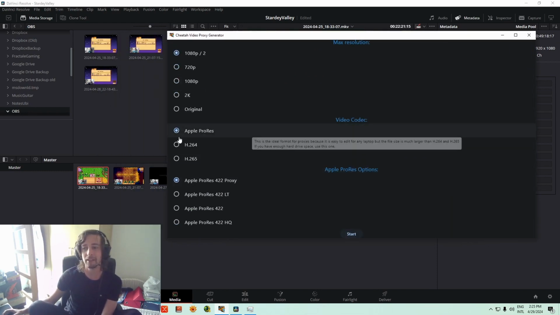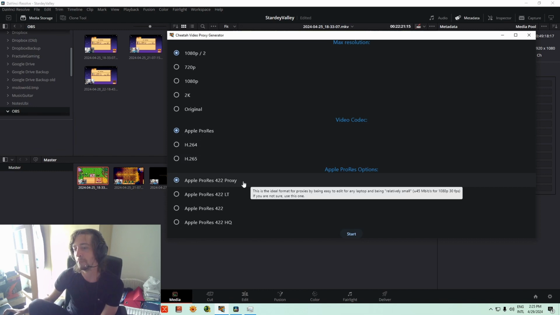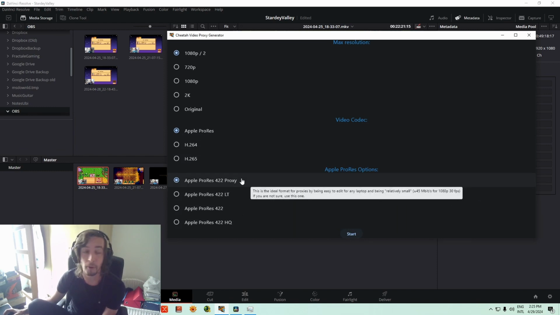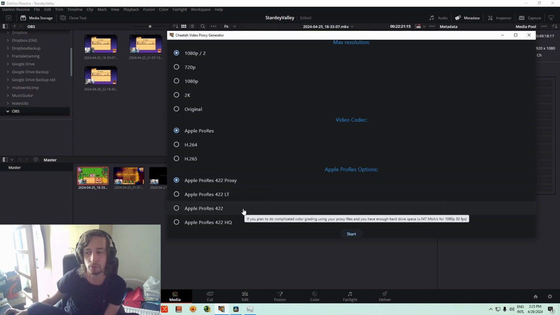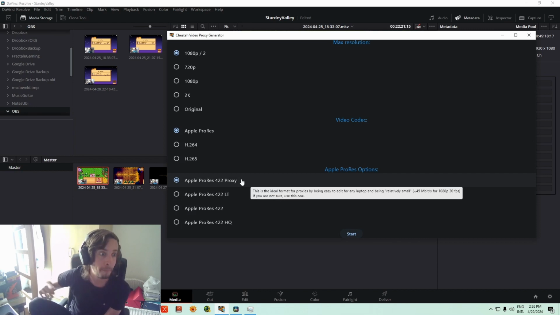Then you can select which flavor of Apple ProRes you want to use. There's Proxy, LT, the normal version, and HQ. I'm using the Proxy version, but if you feel it doesn't have enough details because you want to do some color correction and things like that, you can switch to a different codec, but again, you pay in